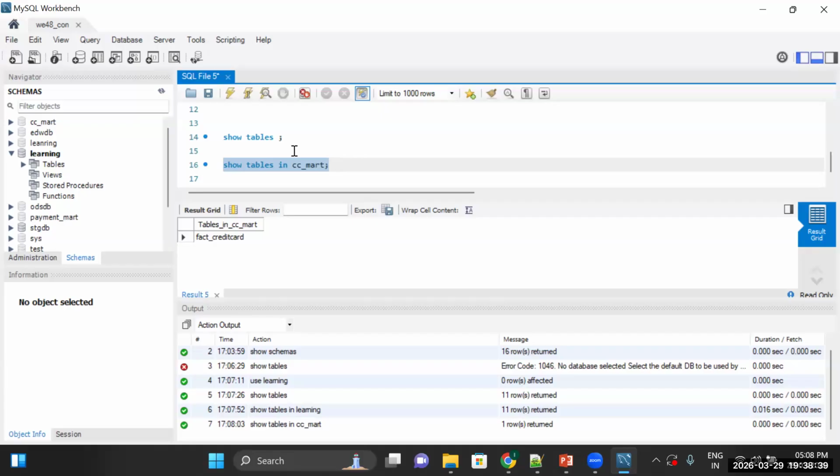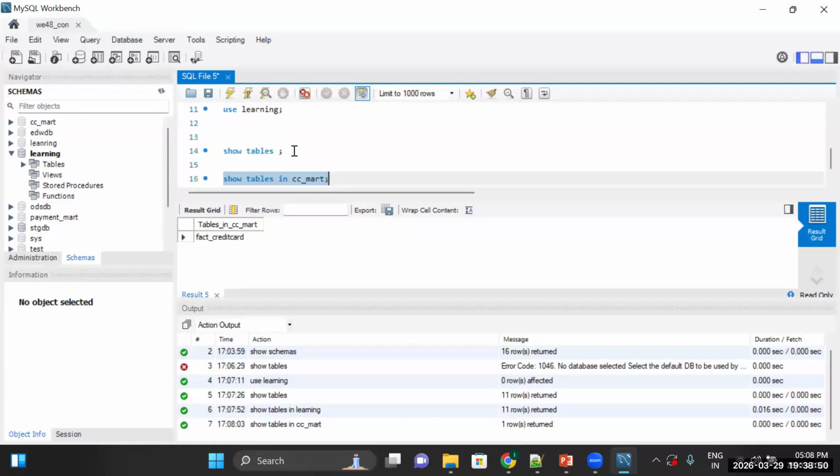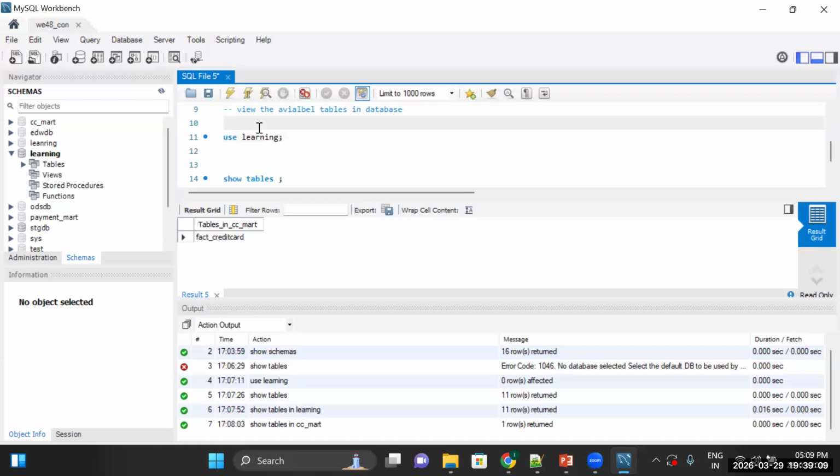Some organizations will restrict the default, which means you have to select the database and then run your query, right? Like that. And also with show databases, if you have access, then only the database names will be displayed. Sometimes they put some restriction so that only the databases you have access to are visible. That depends on the organization policy. But in general, you can view the databases and tables with the help of show. Okay, here I'm selecting the database,